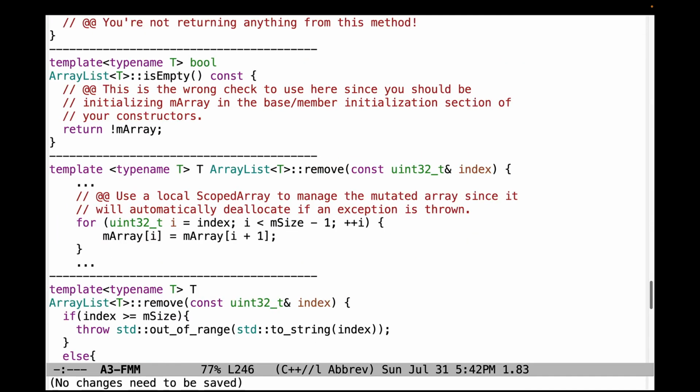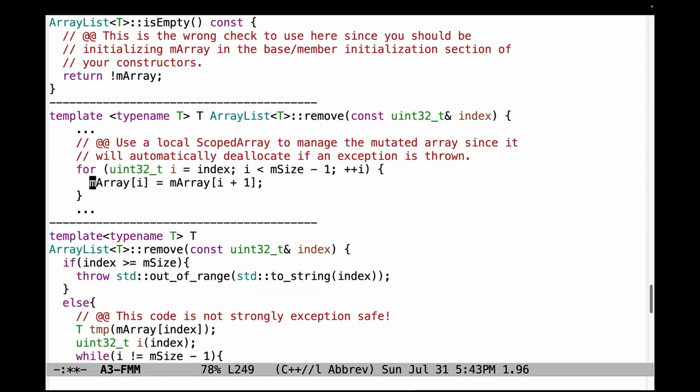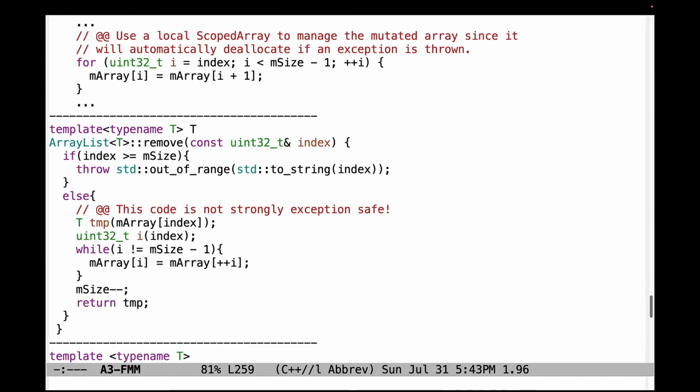In the remove method, make sure that you use a local scoped array to manage the mutated array, since it will automatically be deallocated if an exception is thrown, which you want to make sure your code is strongly exception safe. Similar problems down here. This code is not strongly exception safe. You can see just at a glance